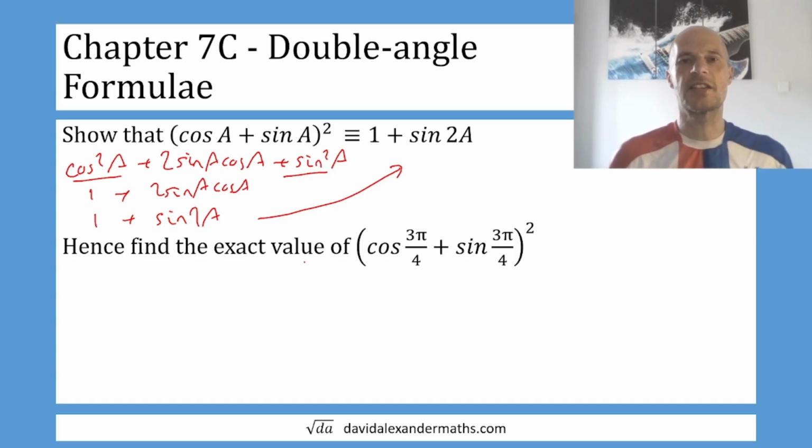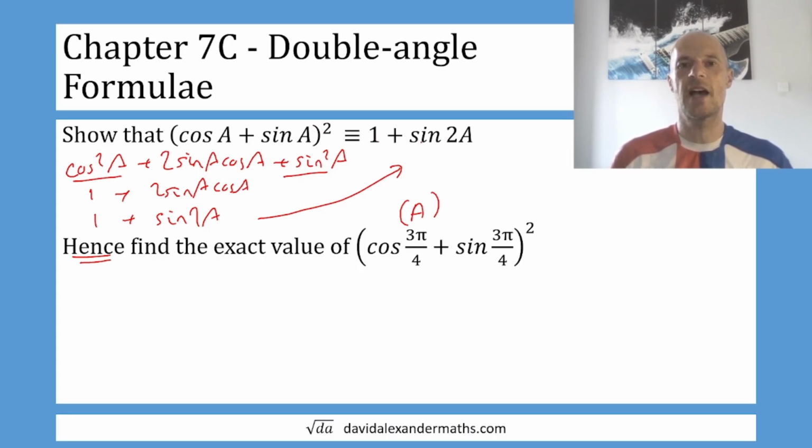Okay, hence find the exact value of (cos 3π/4 + sin 3π/4) squared. The clue's in the word "hence", so we're referring back to this. A is 3π/4. Now we know that the (cos of something plus the sine of something) squared is always the same as 1